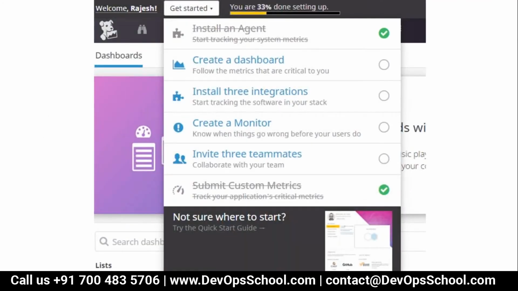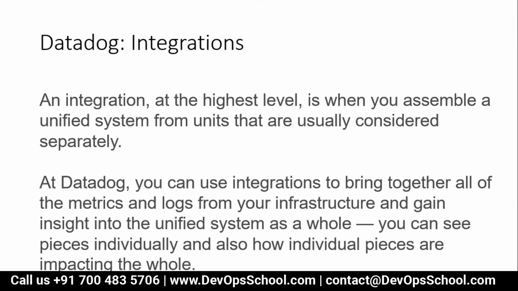Now the third thing, which is important, is integration. So what is a Datadog integration? An integration, at the highest level, is when you assemble a unified system from units that are usually considered separately.